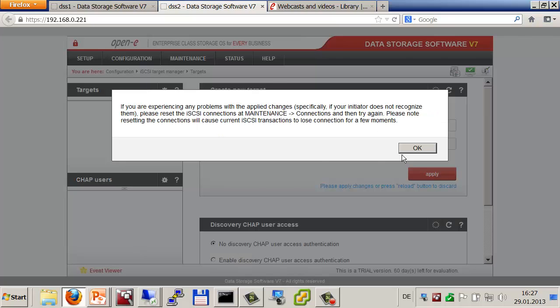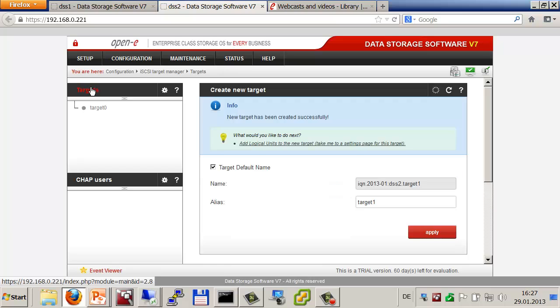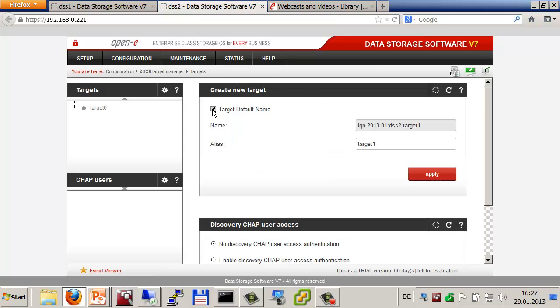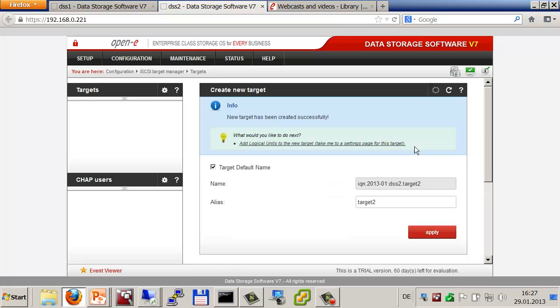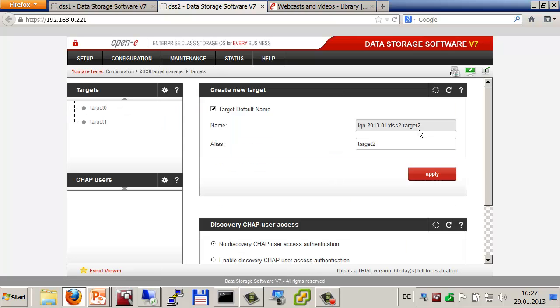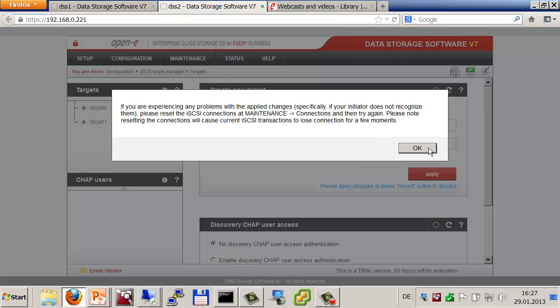On the left side I will repeat on the right side, so configuration and the targets. Okay, first target, okay, second target, and the third target. Okay, now I will go to the